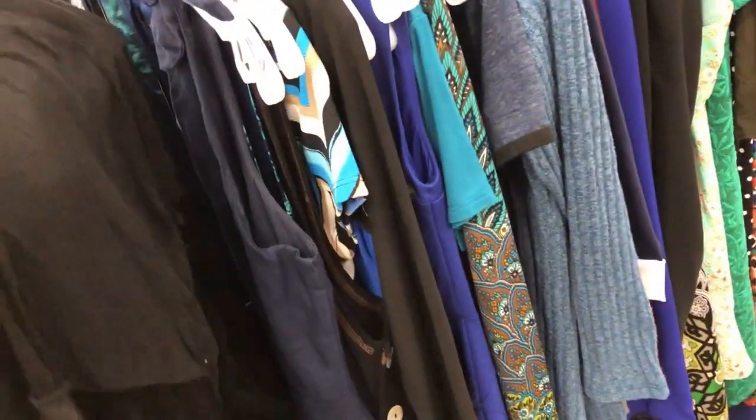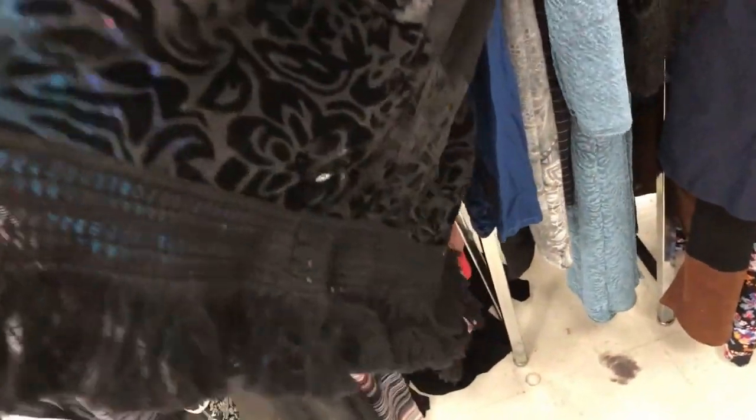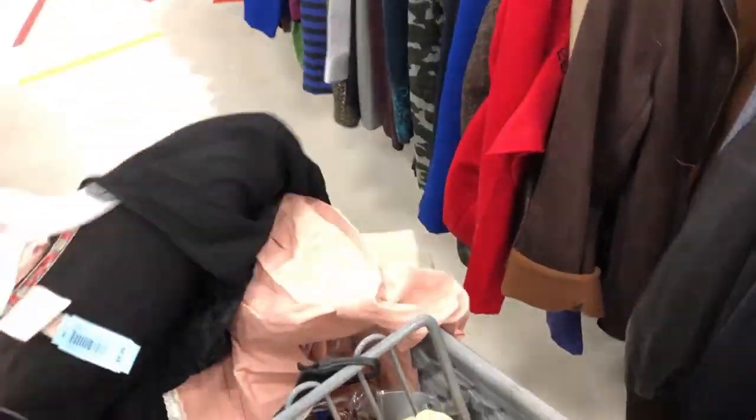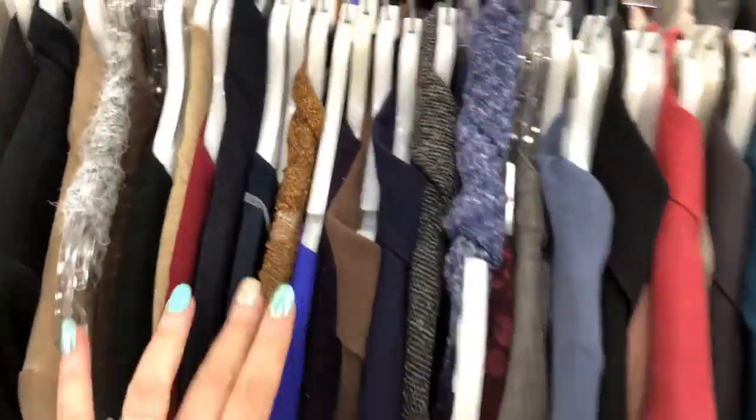That's only a Knox Rose, but look at it. Let me hang it up. I think Dillard's is one of the places, but look, that's a pretty one. That's a pretty little kimono. So I don't like to pay $9 for Knox Rose, but I think this one's special with the velvet and the burnout and the fringe. Might not make it till half price sale day, so